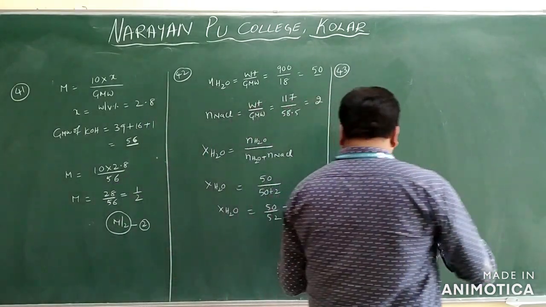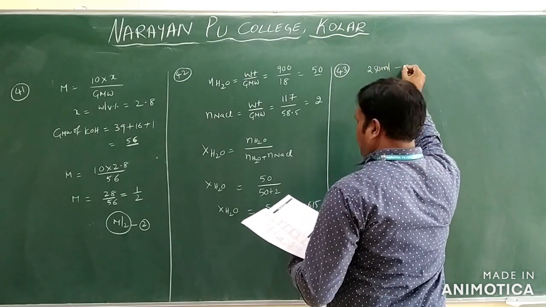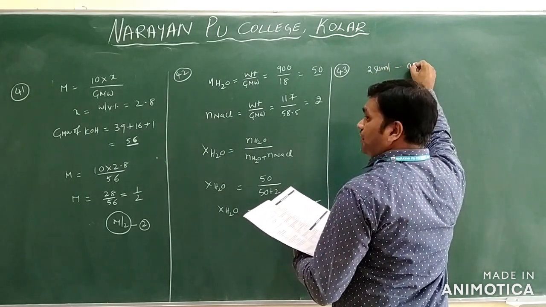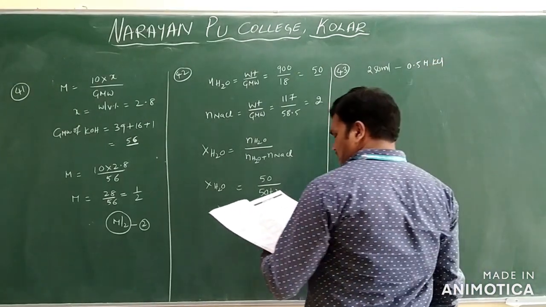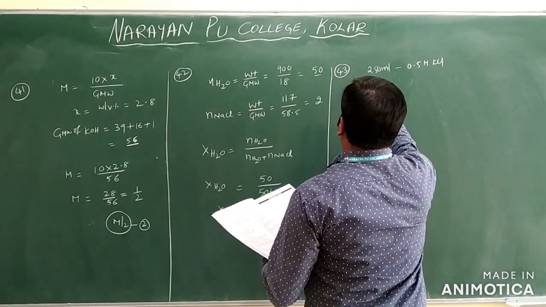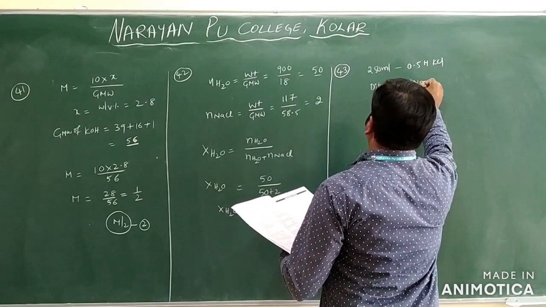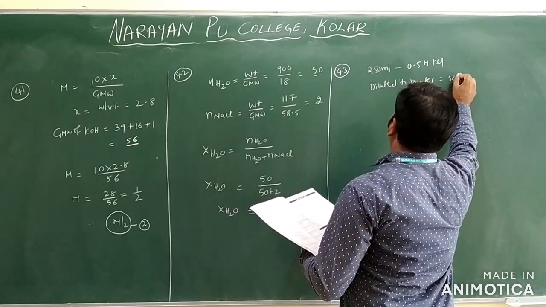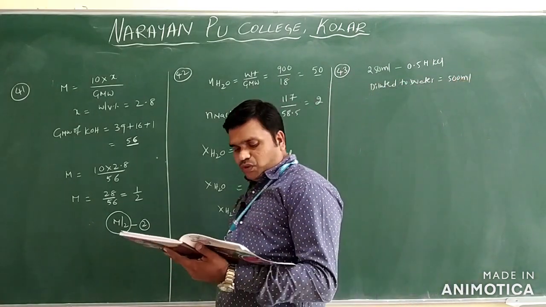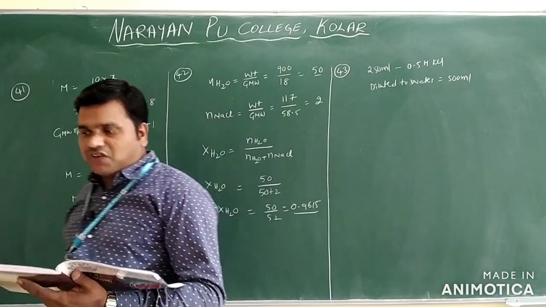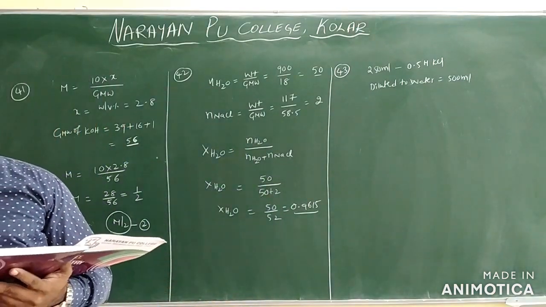So here what is the volume given? This is 250 ml. 250 ml of how much is given? 0.5 molar KCl is given. Okay, it is diluted with water. Diluted with water by how much? 500 ml only. So we want to find out here the number of chloride ions present in this question only.